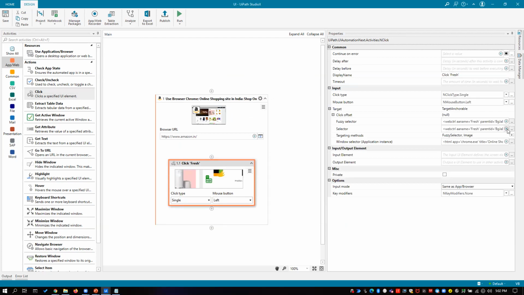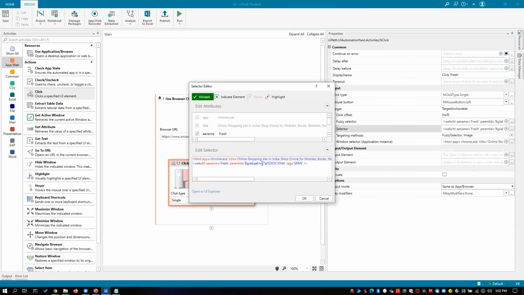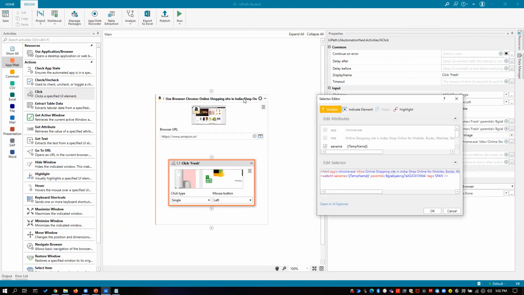Now here, if you want to modify this particular selector and use some variable, see, this is now available as a name to you. This is the variable we declare, and it is now available as a reference for you. Now here also you can select this option, and you can use the variable. Suppose I want to make this title dynamic, or let's say a name is dynamic. So at that time you can define and select from a declared variable what you did at the top. Whatever you declared there, it will dynamically assign instead of a static name. It comes as the temp name which we declare.